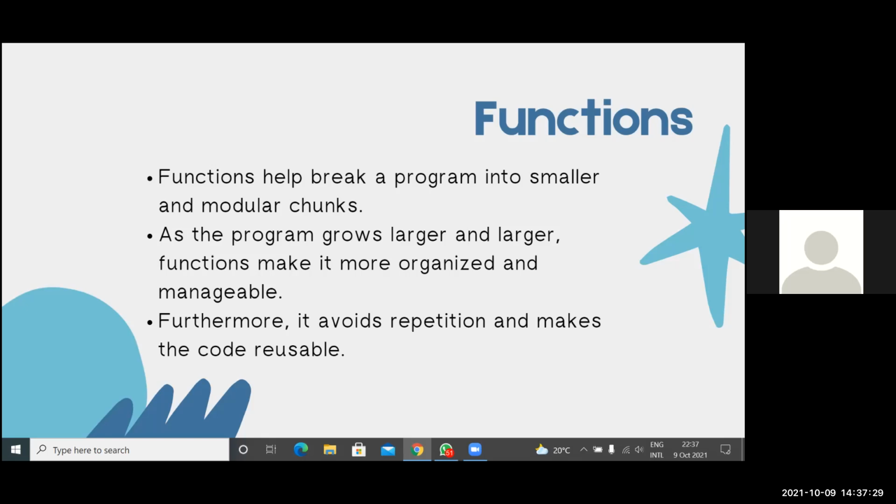What this helps us with is that it helps us break down or modularize our program such that we can have different chunks of code that do different things for the same program. And this makes it easier for code.